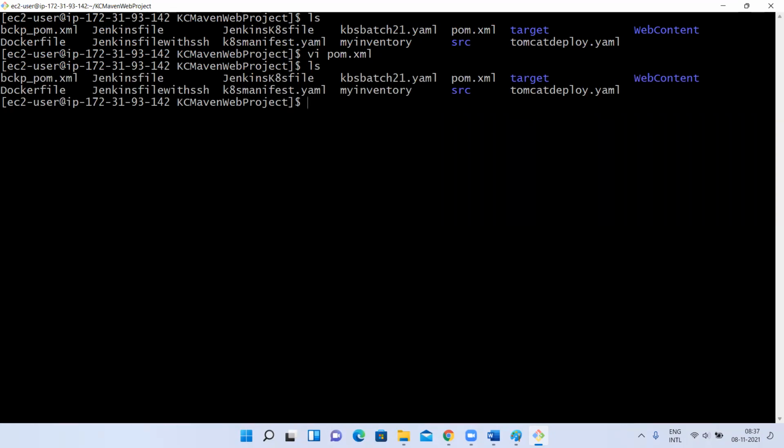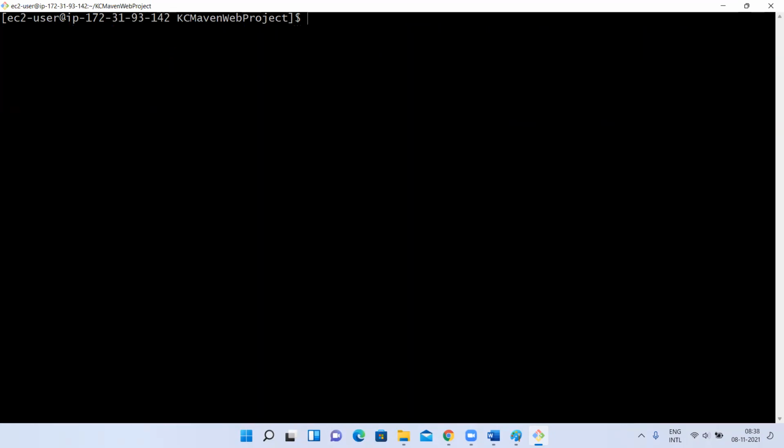Now what I'm going to do is ls, right? Now I'm going to use my SonarQube scanner. You need a SonarQube scanner to scan your project and analyze it, right? For that, it's very simple. mvn clean package or install or deploy, whatever it is. You can use any goal. Then sonar:sonar. You have to use this.